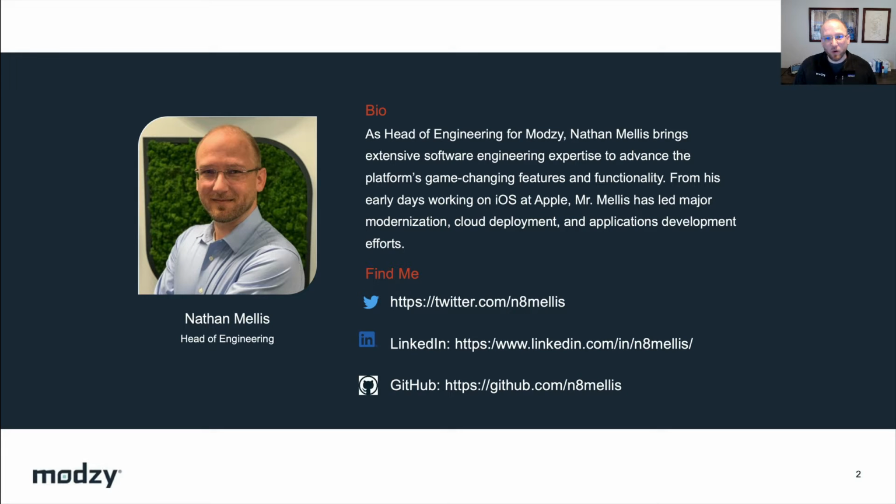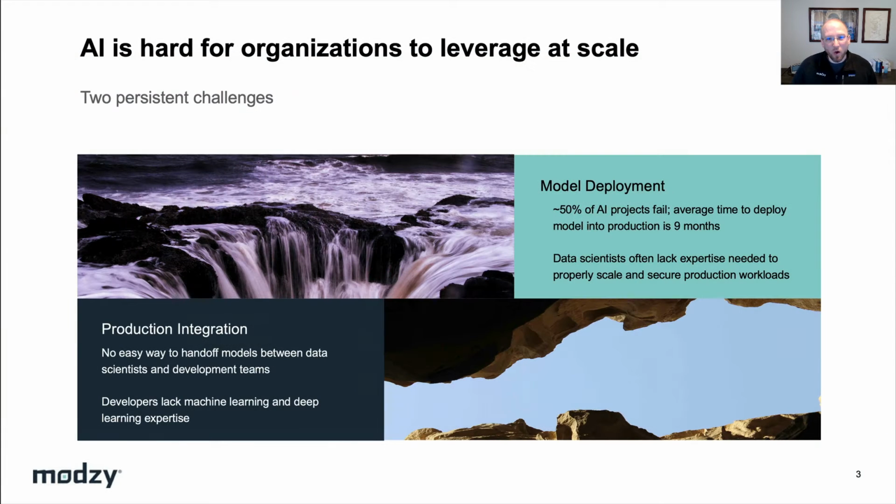Today, I'd like to talk about what we've learned building an API-driven AI product and some high-level takeaways that you might find useful when developing your own API, especially for new and emerging technologies. So let's get started. One of the first things that we needed to take into account about artificial intelligence in particular is that there's more than one persona that we needed to consider when building our APIs.